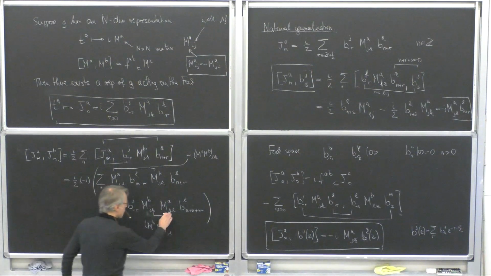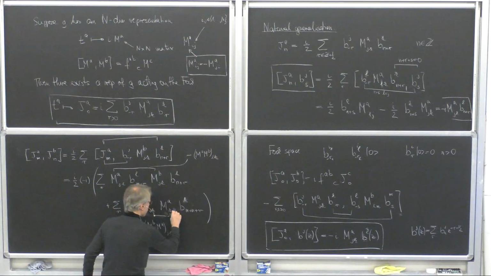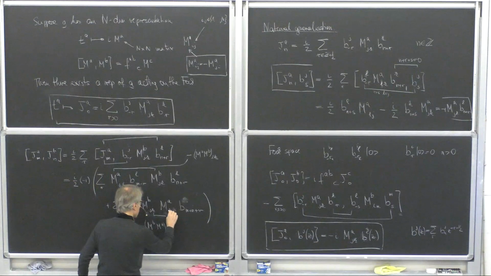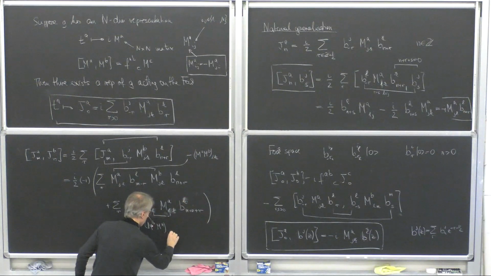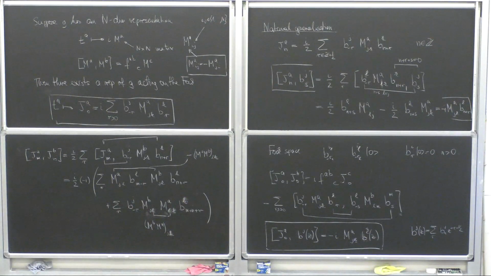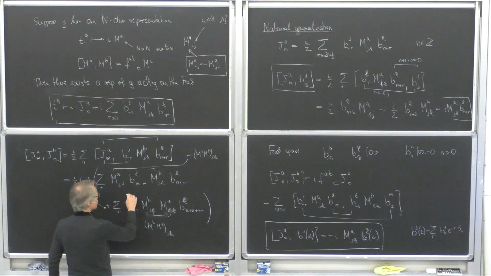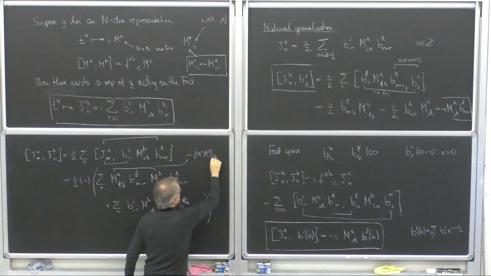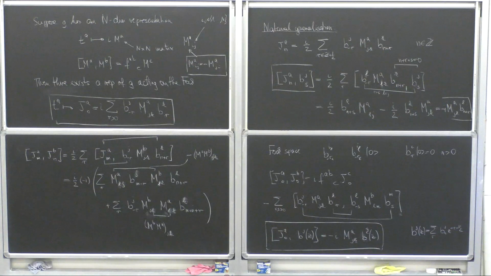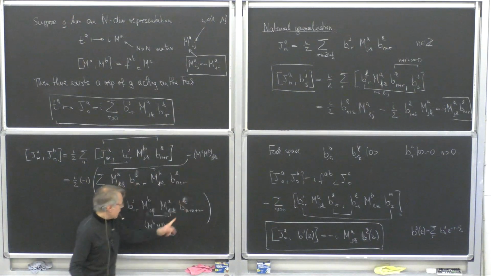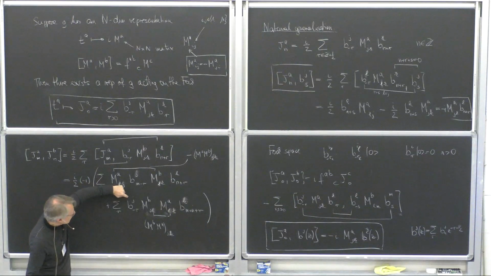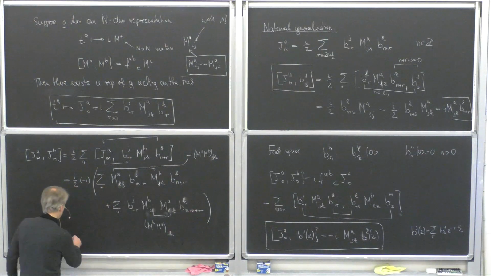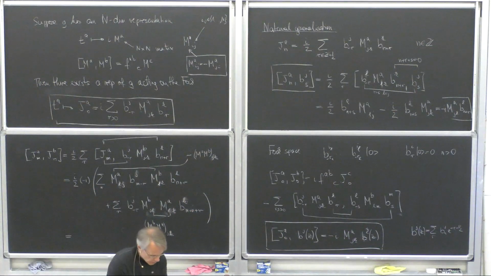Right, and so let's relabel this as k. Oops, I shouldn't have done that. Oh, that's bad. So let's relabel this as l and this as k. So then this is the jk label. And then let's change what we call l and j. So let's call this l and this j. Then this is the matrix jk. So what you see, you're going to get the commutator of M^A, M^B, the jk matrix element, decorated between b_j and b_k. So once the dust has settled, what you find is that this is going to be equal to